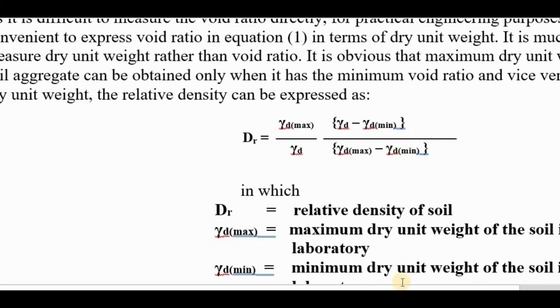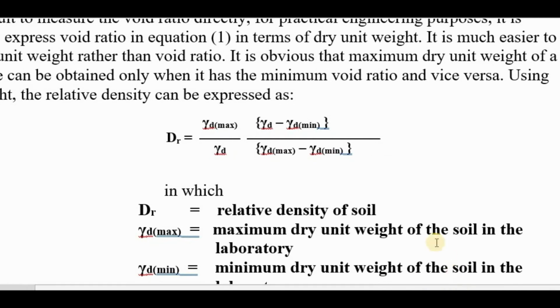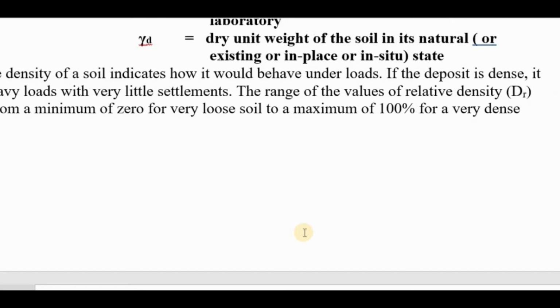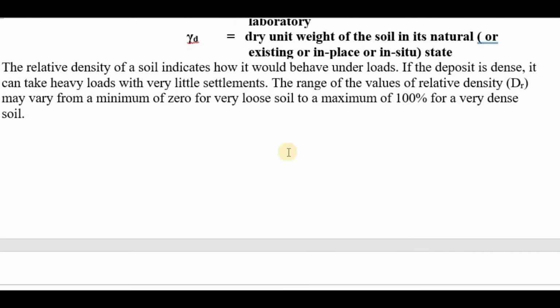In our video, we also showed that the first part of the experiment was for the loosest state, and the next part of the experiment was for the densest state. The loosest state gives the gamma d minimum, that means the minimum unit weight, and the densest state gives the maximum dry unit weight. So here they are giving some information